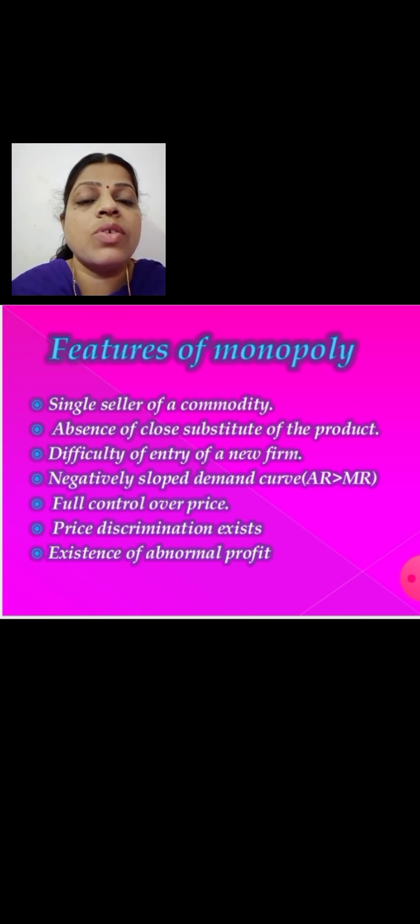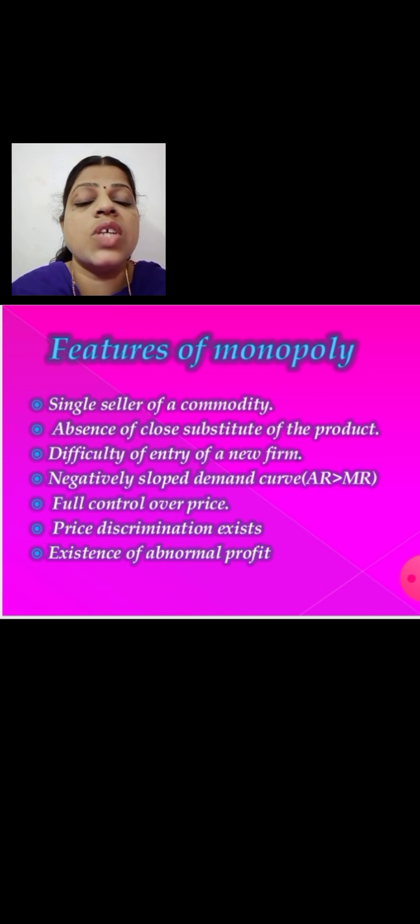So we have studied the different types of goods also, isn't it? Which are the substitutes, which are the complementary ones. And substitute goods means those goods which perform a similar function or serve a similar taste to the consumers. If one good performs the similar functions or serves a similar taste as the other good, we can call it a perfect substitute. So here we can see the absence of close substitutes of such products.